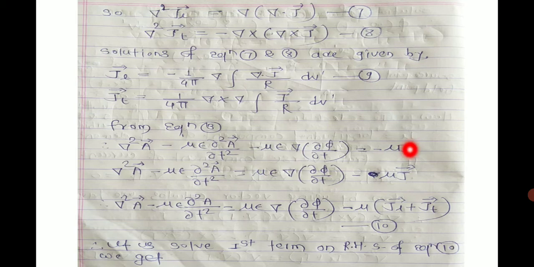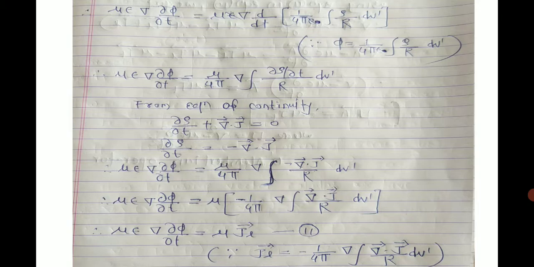We put the value of J, because there are two components of the current density, one longitudinal and another transverse. This is equation number 10. Then let us solve only the first term of the RHS, that is με ∇(∂φ/∂t). We will solve only the first term of the RHS of equation 10, that is με ∇(∂φ/∂t). Then this term με ∇(∂φ/∂t) is equal to